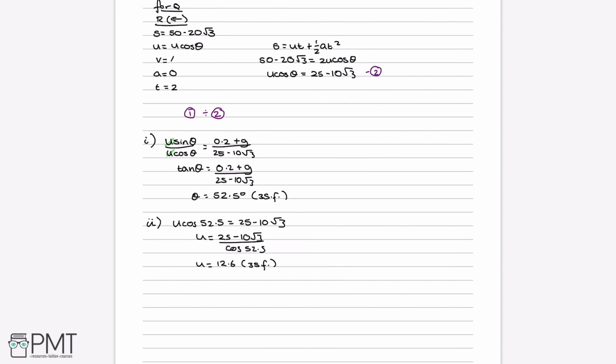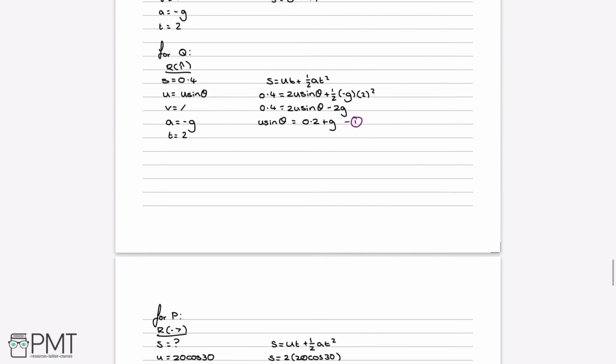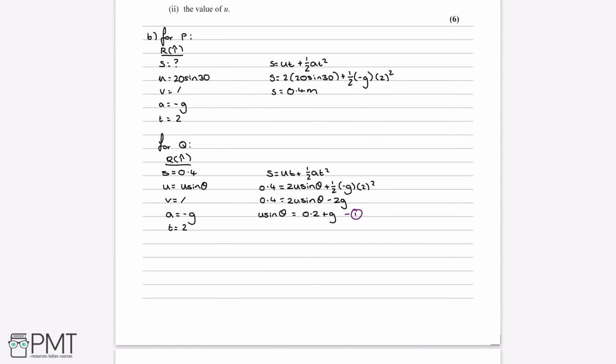So where marks come from for either part I or II, they just list it as a question B. But the first two marks come from finding the vertical distance for P, and then recognizing that it's equal to the vertical distance of Q, and therefore doing this equation. And we get 2 marks for this because we get a method mark just for attempting this, or stating that we know that the vertical distances are equal regardless of what numbers you then find. So that's a method mark. And then you get a further answer mark for using the right numbers and getting this final equation for u sine theta. So if we say that that answer is 1 mark, and just doing this entire thing is another mark,